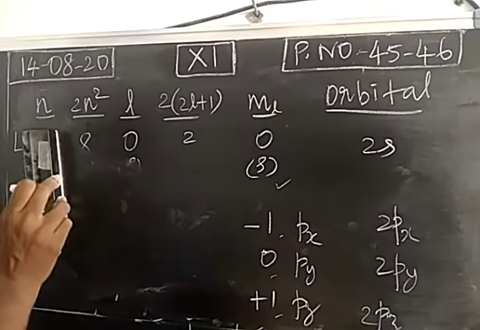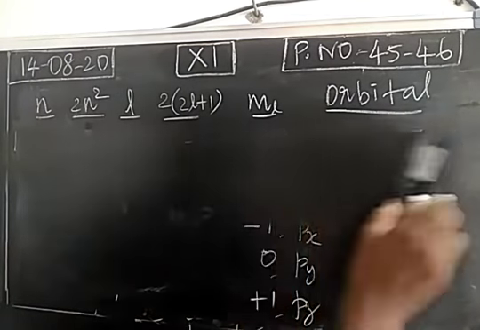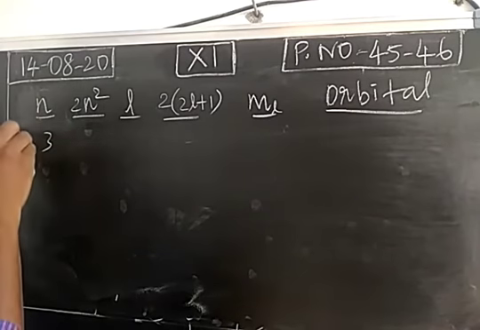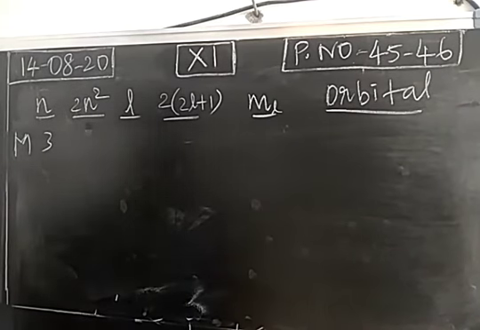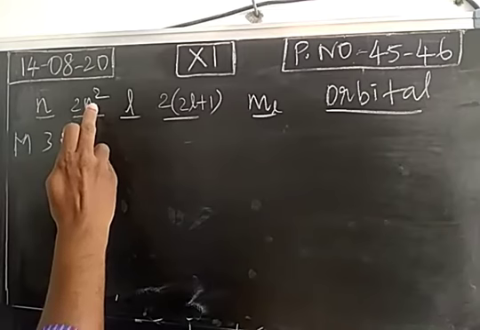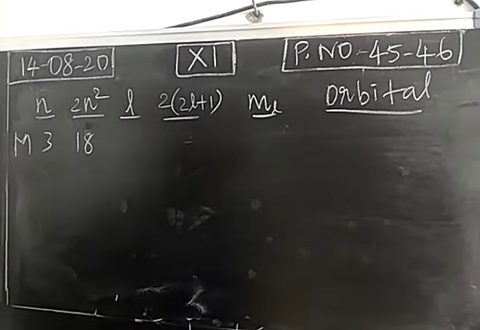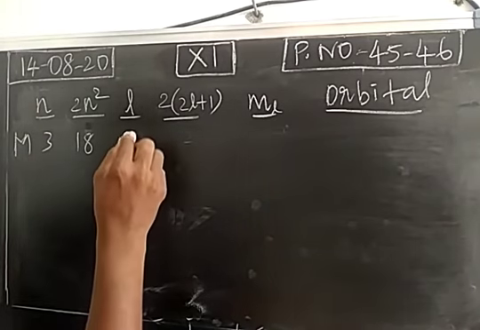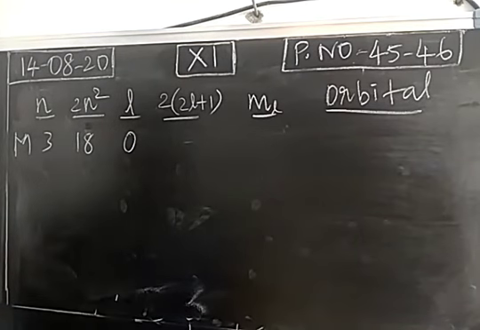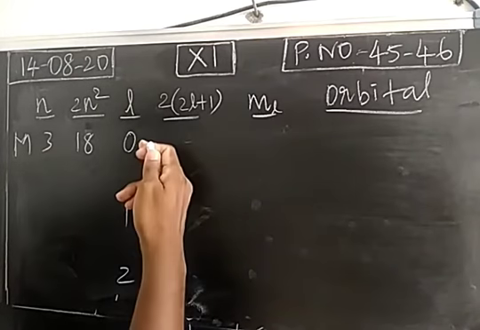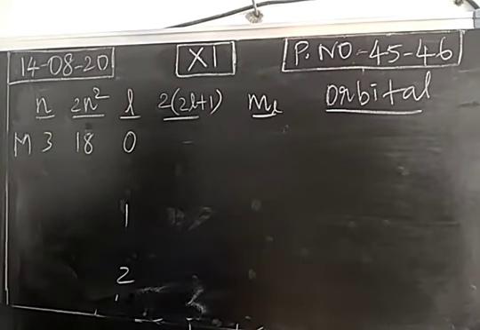So this is second orbit. Third orbit means M cell. Here substitute n as 3. Maximum 18 electrons can be present in third orbit or M cell. What are the possible azimuthal quantum numbers? It starts from 0 and ends with n minus 1. n minus 1 means 3 minus 1, so 2, and 1 is in between.